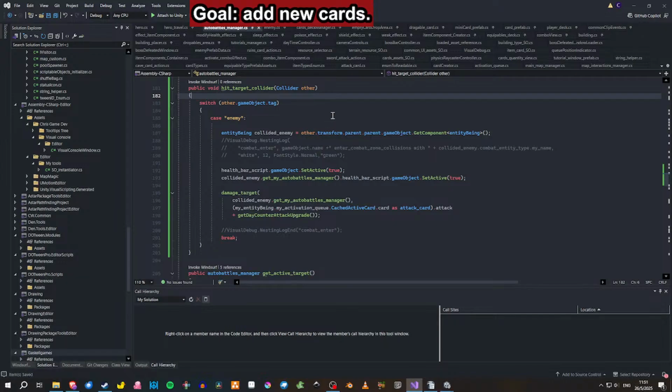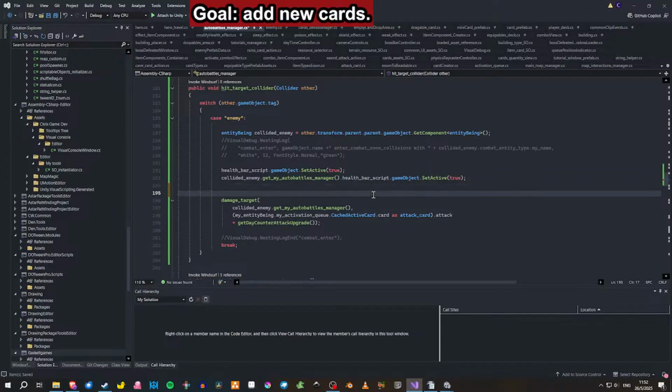And here it damages the target. Or I should say here, what it should do is, depending on the type of card cached, it either damages the target or it applies the